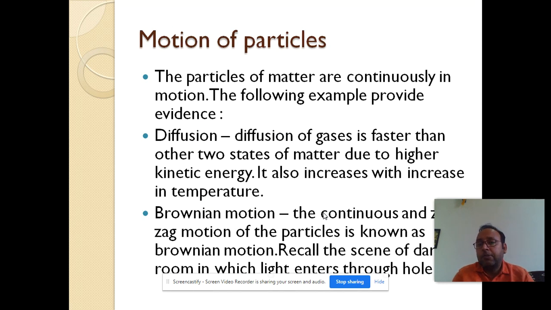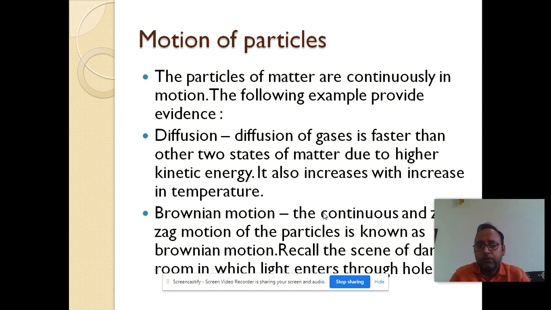Motion of particles. Yes, particles of matter are continuously in motion. The following are the evidences. One is diffusion. As diffusion takes place in the particles of matter, it shows that they are in motion. And diffusion is due to higher kinetic energy. In gases, the rate of diffusion is higher as compared to liquids, and it is higher as compared to solids. It also increases with an increase in temperature. As you might have heard, the smell of hot sizzling food reaches us sitting several meters away as compared